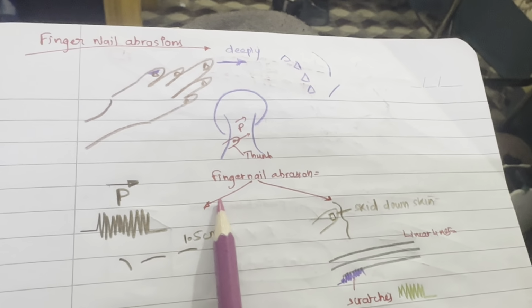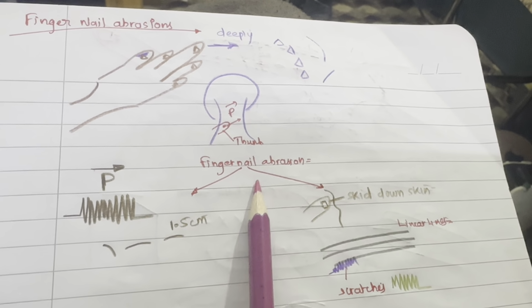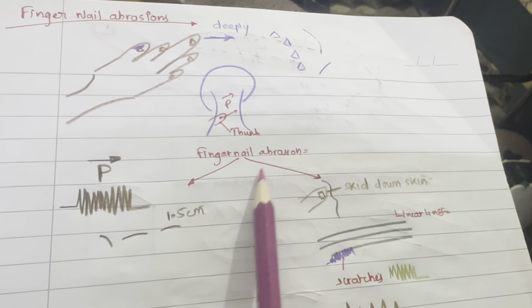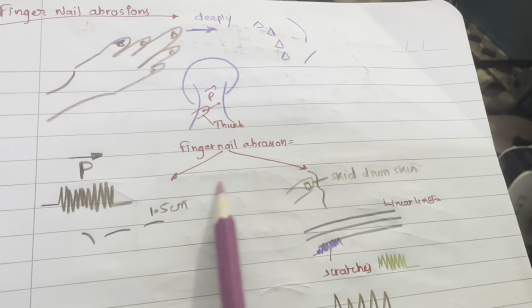They are more likely to be seen at the site of the thumb than the fingers, because when the throat is gripped, the thumb exerts more localized pressure and is less likely to move than the fingers during struggle of the victim. The fingernail abrasions are of two types. When the pressure is static,